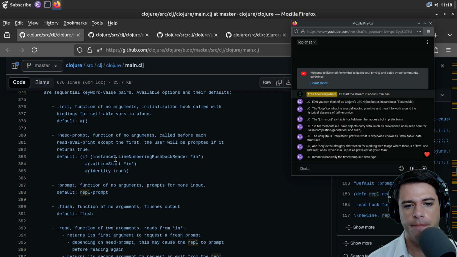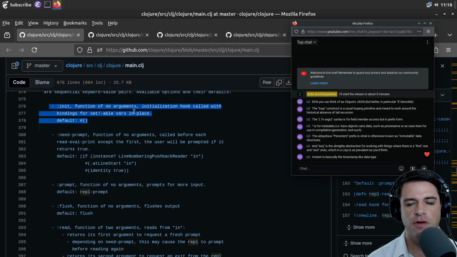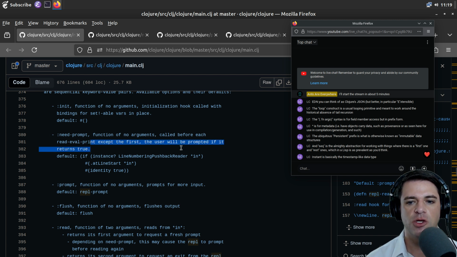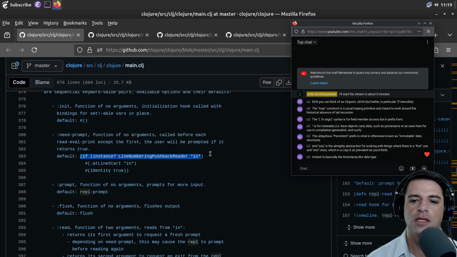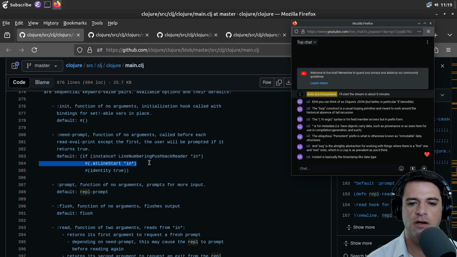Blah, blah, blah. Init is a function of no arguments, initializing hook called with bindings. Need-prompt, a function of no arguments called before each read-eval-print except the first. The user will be prompted if it returns true. For example, if we are in and at line starting in and identity is true, then I guess we will need a prompt.